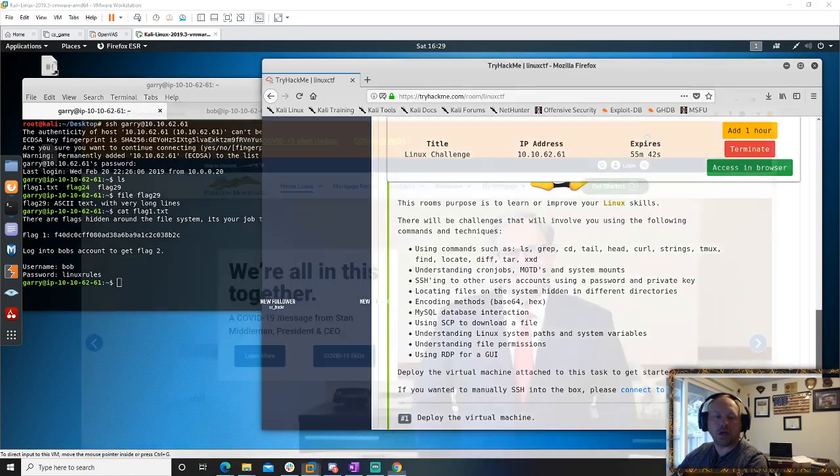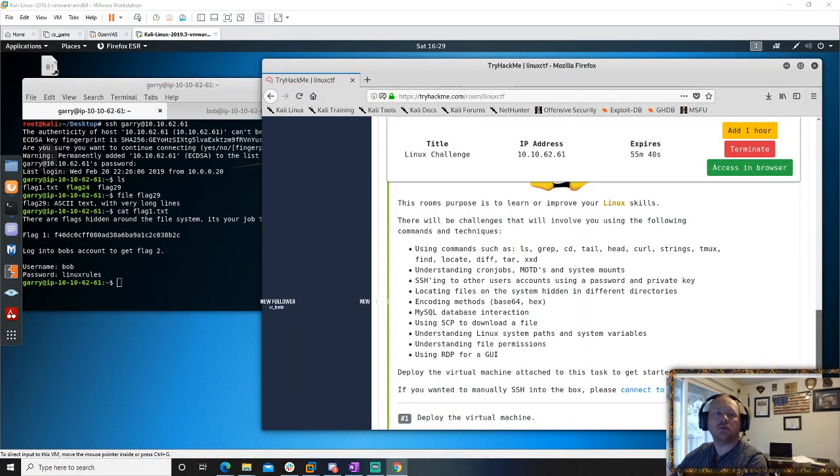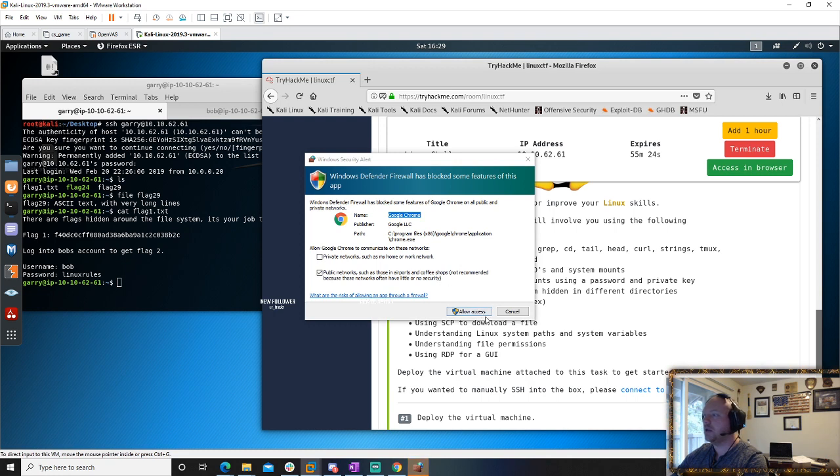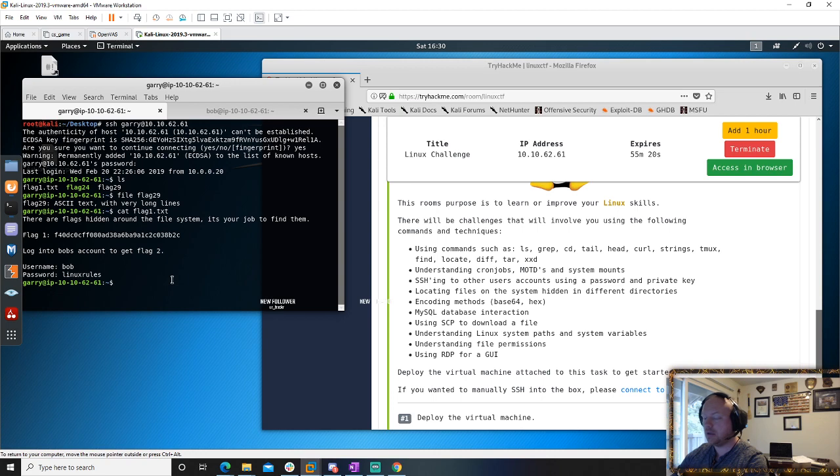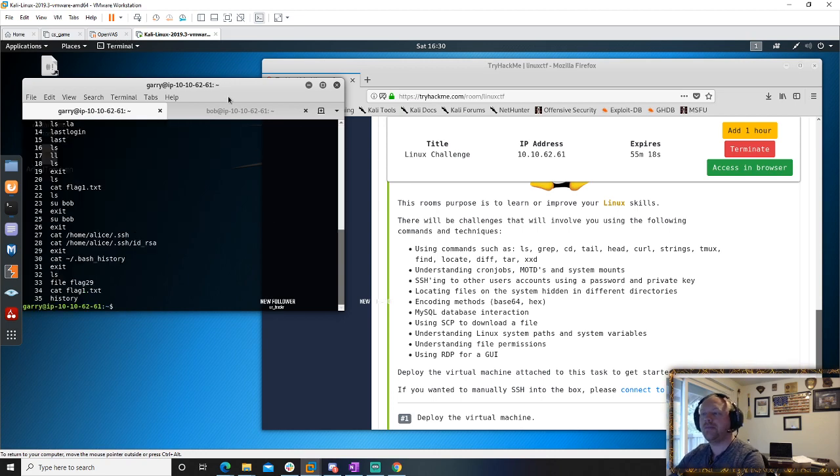One of the things that you're going to have to be good with when you start pen testing is your Google foo, your ability to find stuff in Google quickly. Google hates me today. Turns out the command is just history.